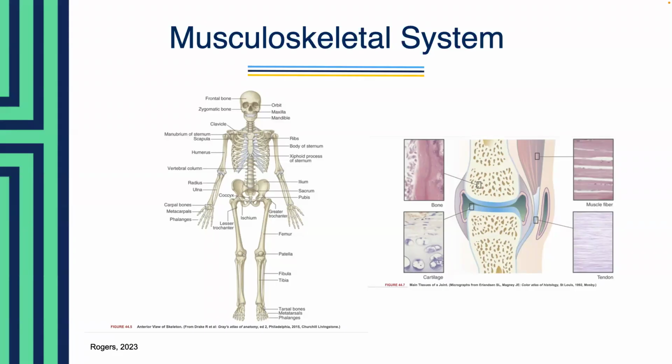Now, the textbook does go over some interesting facts, and I thought I'd include them here. By 50, approximately 10% of the muscle area is lost, and our muscle strength declines by 15% per decade in the 60s and 70s. And then that doubles to 30% after the age of 80. So I thought that was a very interesting statistic when you think about that. Now, this week, we're going to look at several different disease processes that involve the musculoskeletal system. And the first thing we're going to look at is gout.